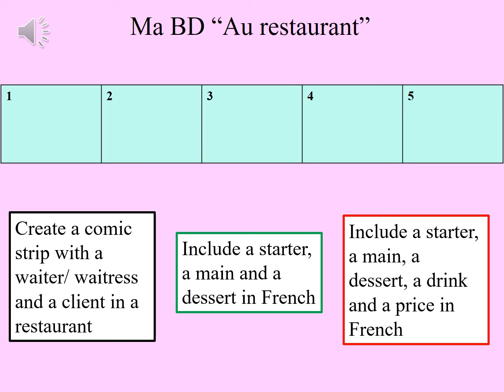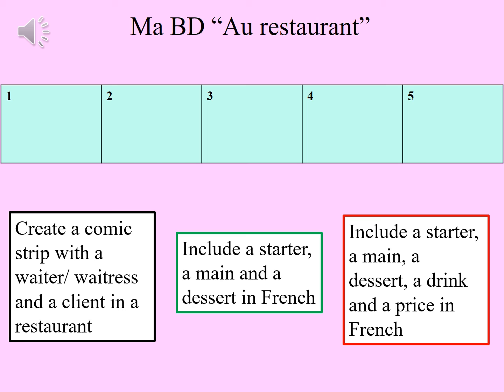So I would advise you to do something like draw a table with someone sitting at the table and someone else standing next to the table. So you've got the waiter, you've got the client, and you've got obviously the situation, which is the restaurant. The number of parts that you're going to draw will depend on what you're going to be writing. So for the green one, you're going to need to include a starter, a main and a dessert. So you would need 3